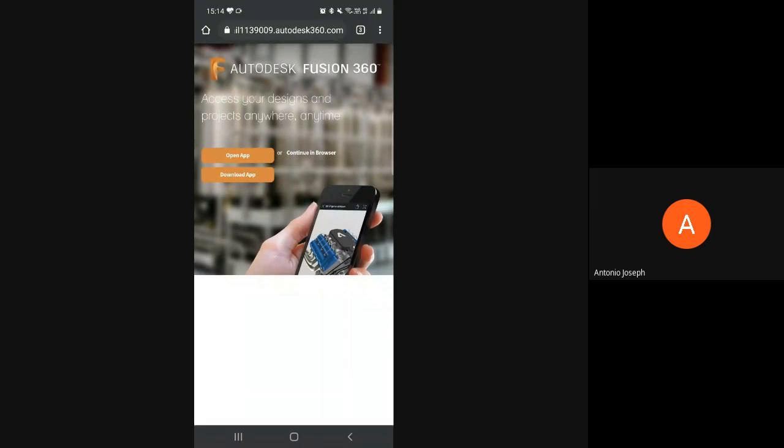See, now I have shared my mobile screen. I hope it is visible to you.